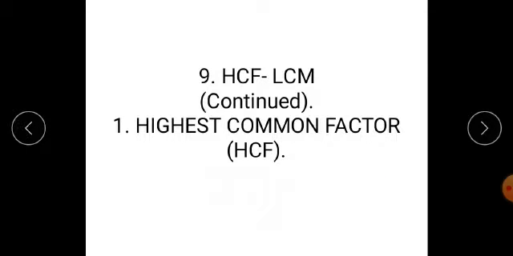Students, in the previous period, we started a new lesson, lesson number 9, GCF and LCM. There we saw the meaning of some important words: dividend, divisor, quotient and remainder. From the examples we concluded that when the remainder is 0, the division operation is complete, and then we can say that the divisor is a factor of the dividend and the dividend is a